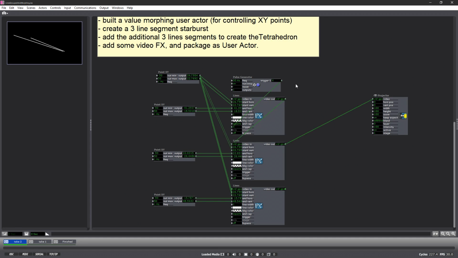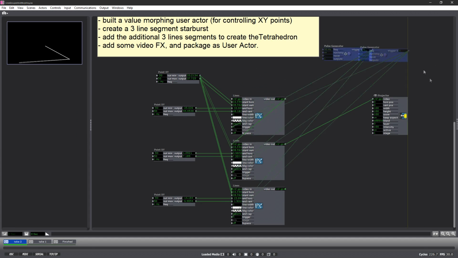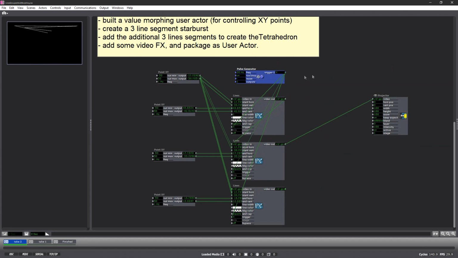Because of the way this is working, there's a couple things we could do. We could connect this up to every trigger like this, and that will cause them to draw correctly. But you end up with this big line of things going across, and that's going to go to another 3 line segments in a little bit, and I just find this a little messy. Since we have an output that's only being drawn once with every trigger, we can daisy chain this as well. By making the output of the video trigger the drawing of the next video, we got both of these drawing correctly. Now, if I take this output, and again, Shift Control to connect it to multiple things,